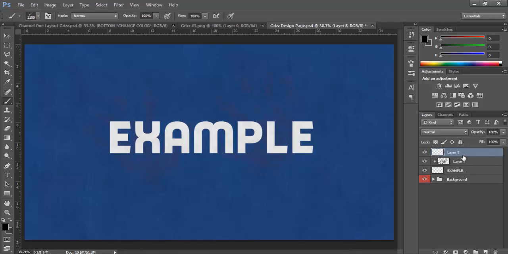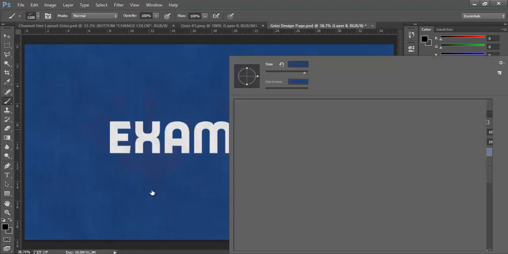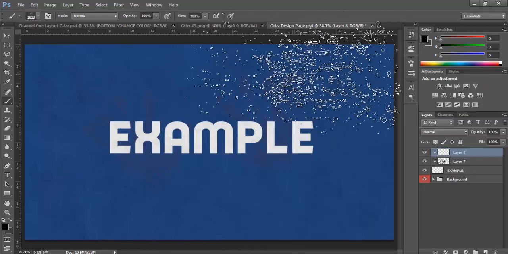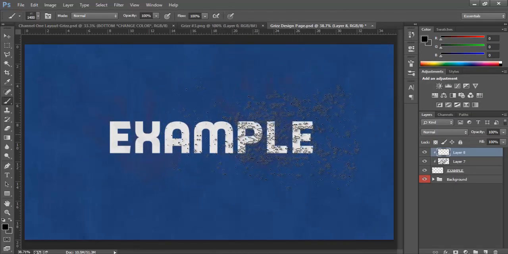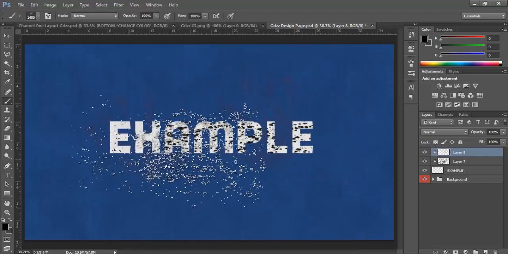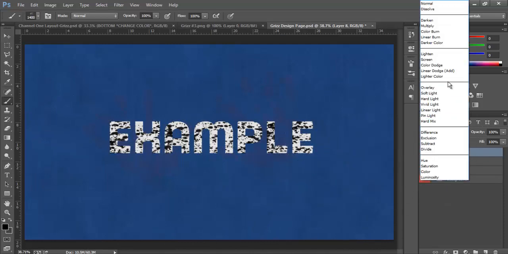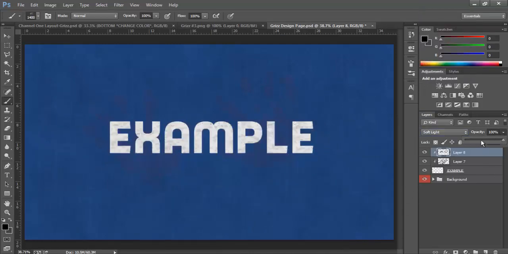So now I'm gonna go up to a 33 on that. Okay, so we're gonna create another one, create clipping mask. On this one, I'm going to do more of a splatter type of thing, which would be like, let's see, what's a good, this one right here. Go down a little bit so we get more detail in it, and we're just gonna, just like that, and soft light. We're gonna change the opacity of this down to a 38. Create one more,